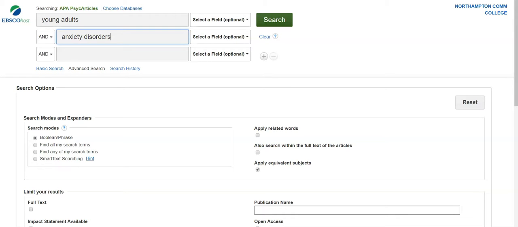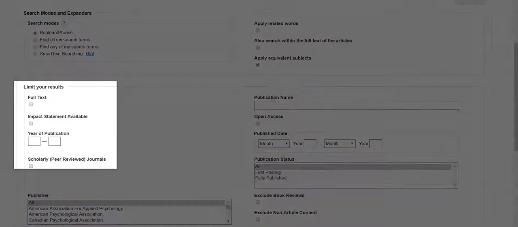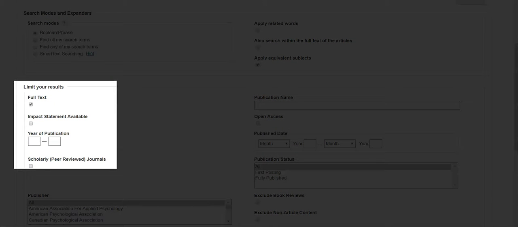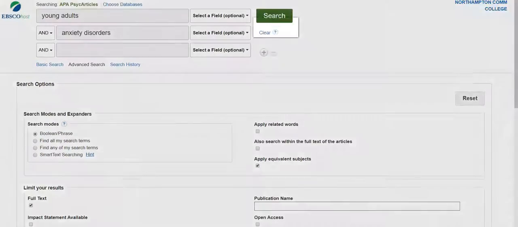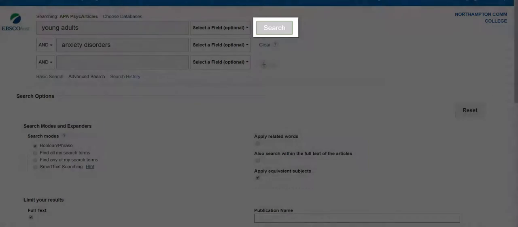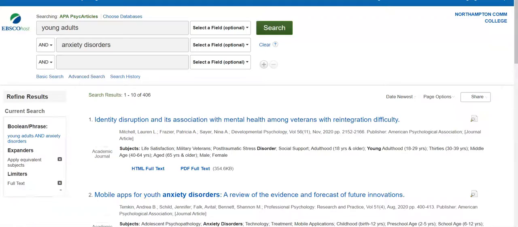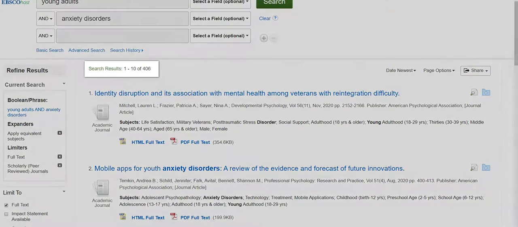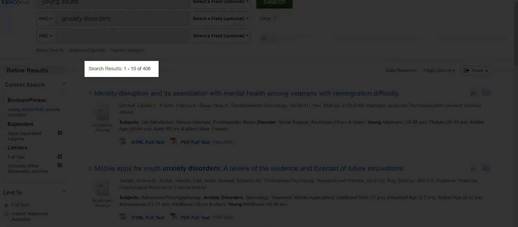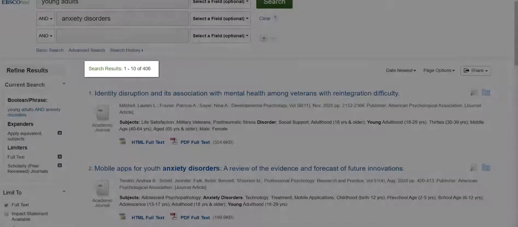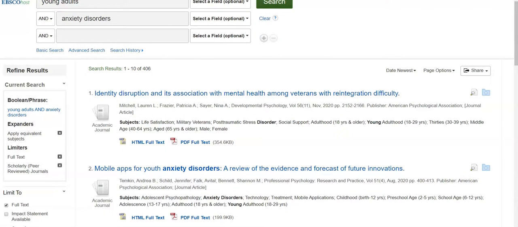This will ensure that we get the most relevant search results. Now let's do our search. We get 406 full-text results from scholarly journals with our terms young adults and anxiety disorders.